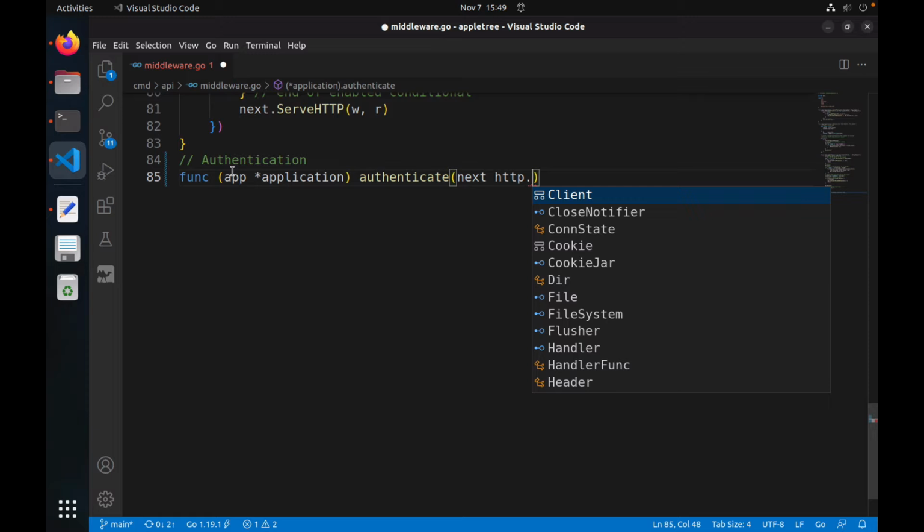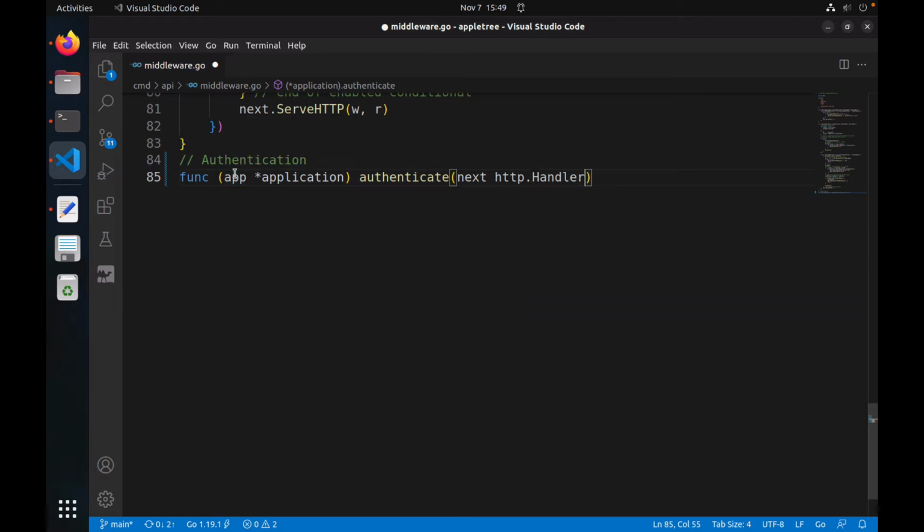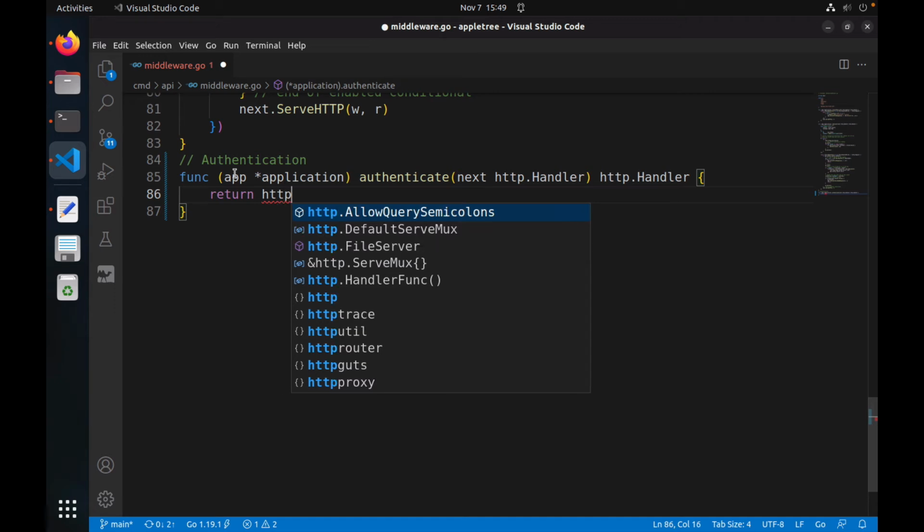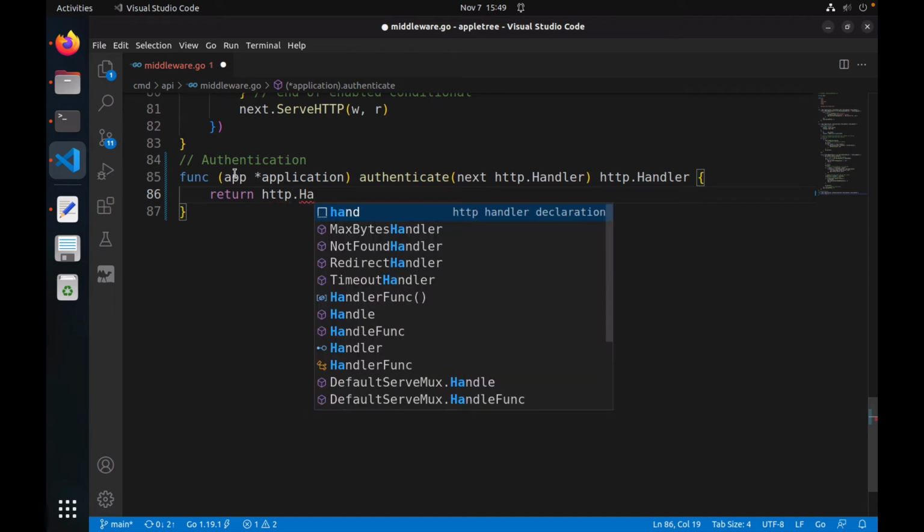Because remember, if you think about it, our middleware is in the middle. It simply forwards along the request after doing whatever changes it needs to do. So it will accept a handler, and of course it will return one. Okay, so let's create our middleware. So we will simply return, right, and this is nothing new. We will return http dot handler func,